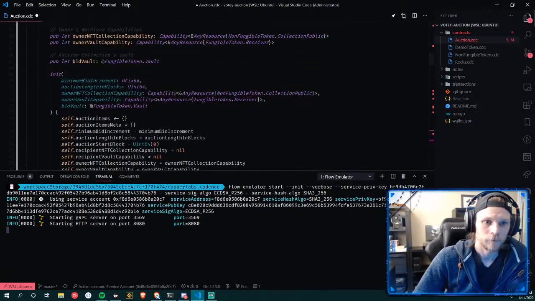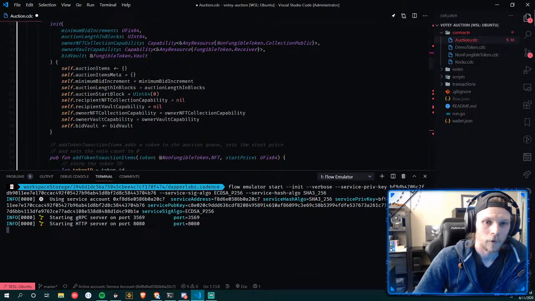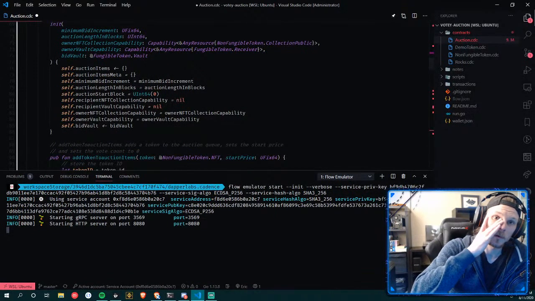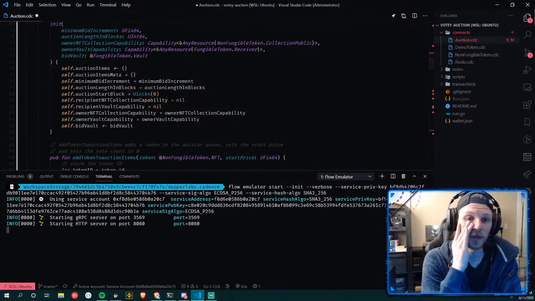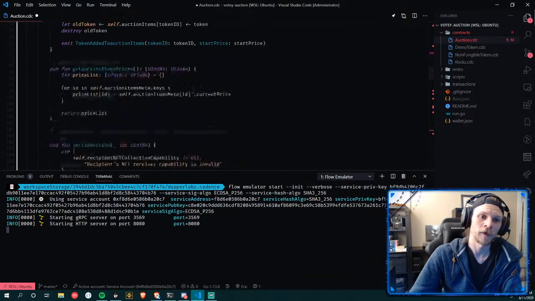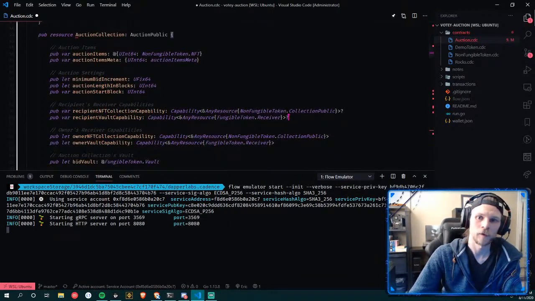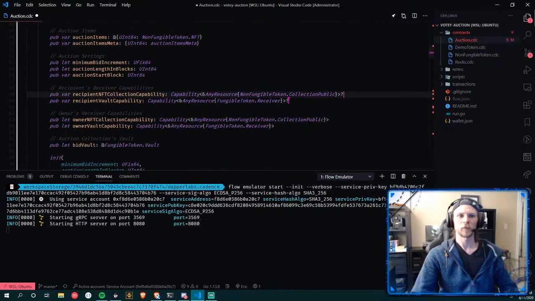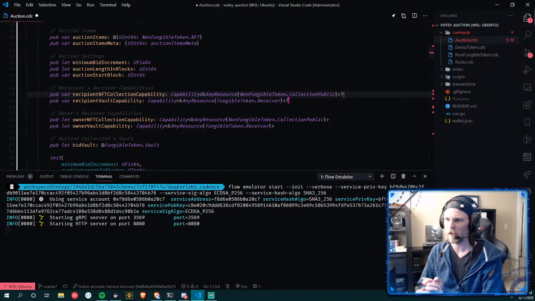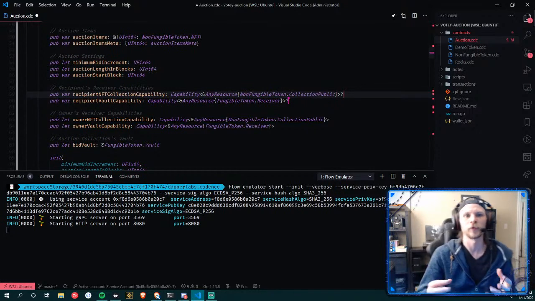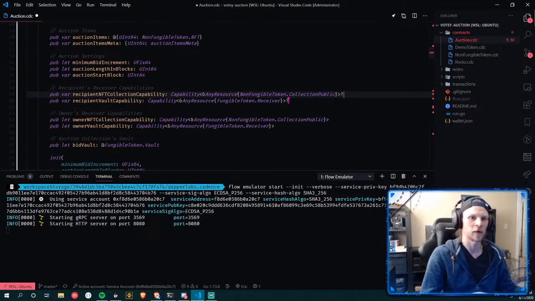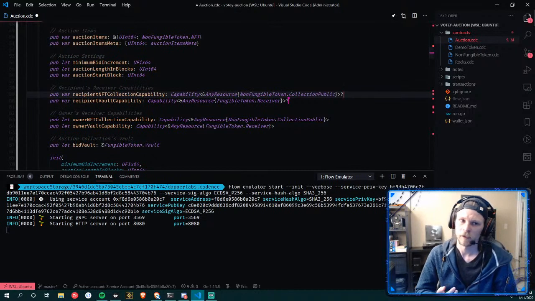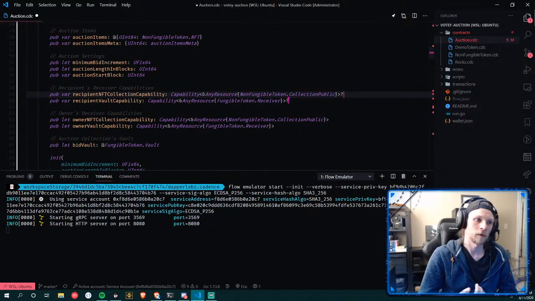You had a reasoning for the capabilities, you needed them to be optional, right? Yeah, so when you create an auction collection, at least for the recipient, there isn't one to begin with. The recipient capabilities only have a value when someone's made a bid. Yeah, exactly.